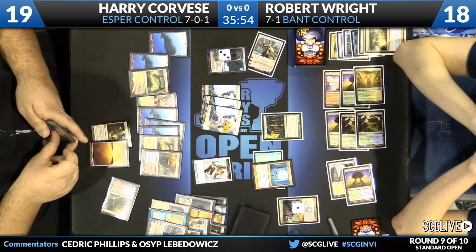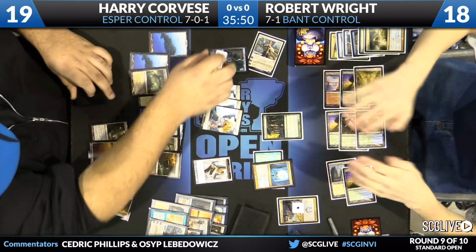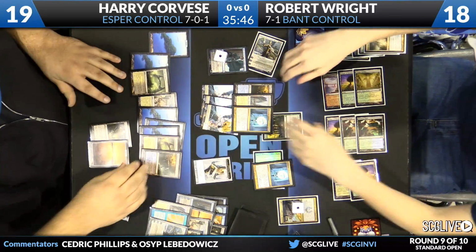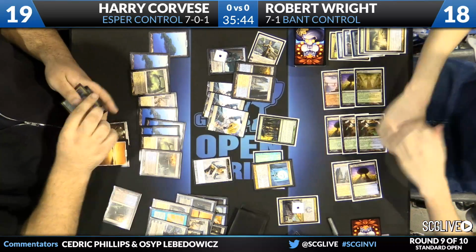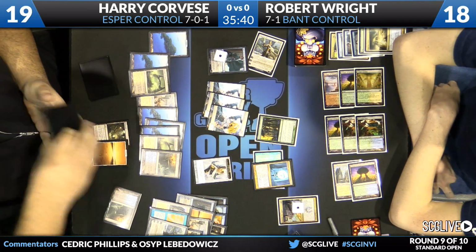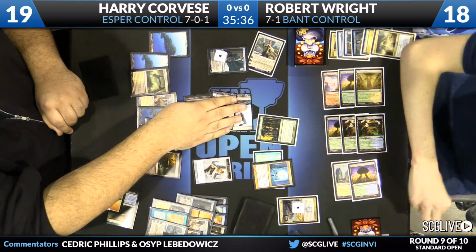Yeah, and Harry does have another Elspeth in his hand, so even though he loses his original, he will be able to just generate more tokens anyway. So even if Robert does have a Supreme Verdict, he's still going to have to deal with both Elspeth Emblem and the Elspeth Planeswalker. Harry feeling this game is going so well that he can afford to just tick Jace down,